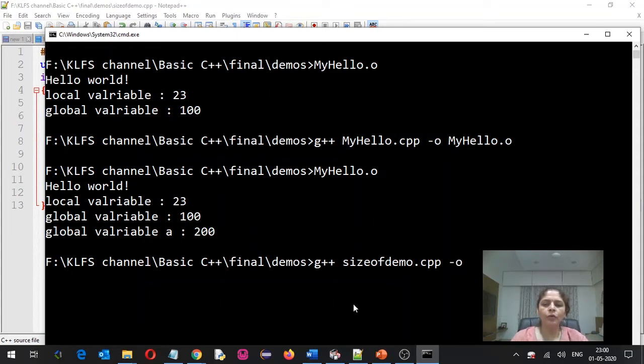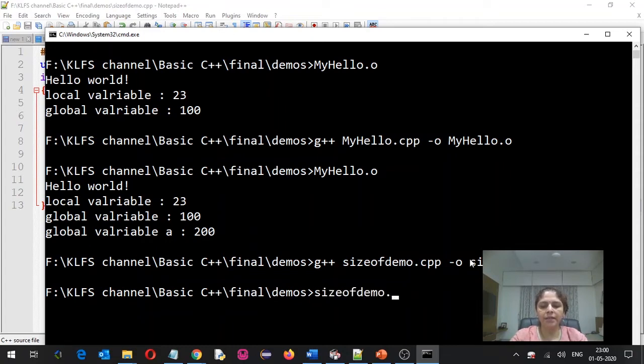Now we don't want to overwrite the file by name myhello.o, so here we will write a separate name, that is sizeofdemo.o. If you want to execute it, here you can write sizeofdemo.o.